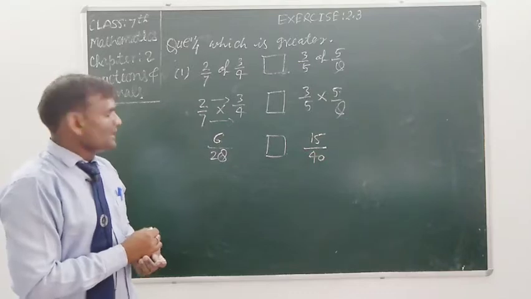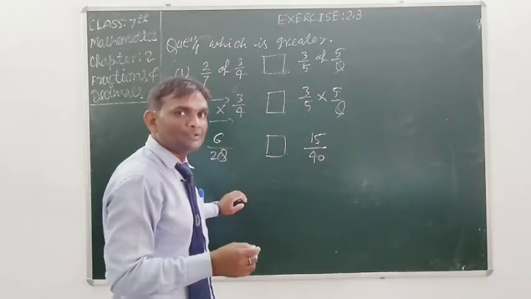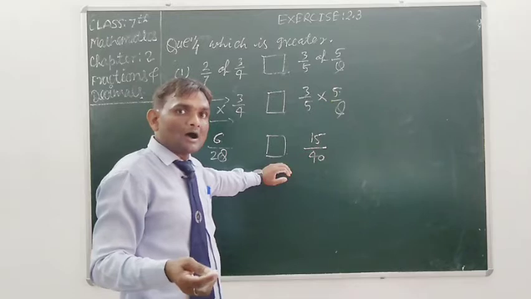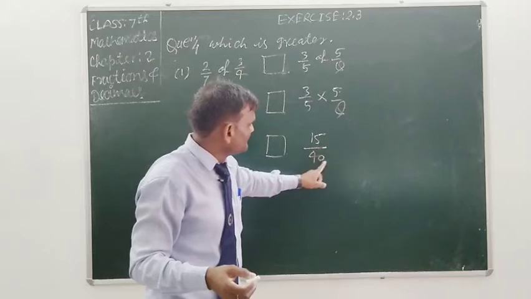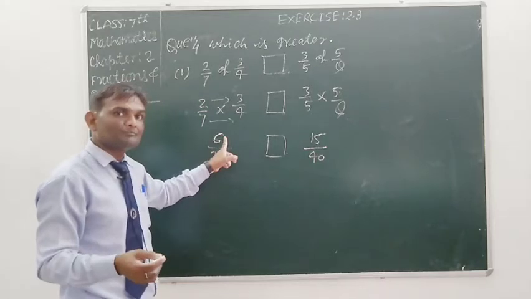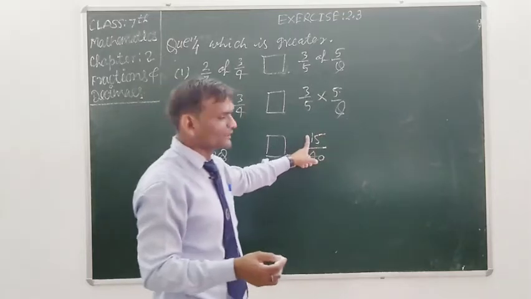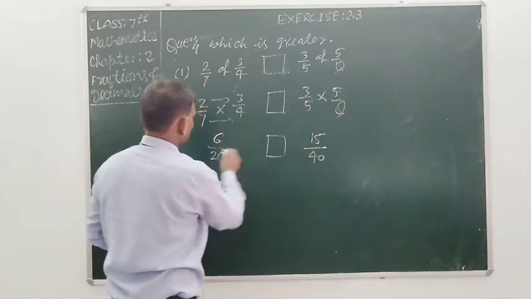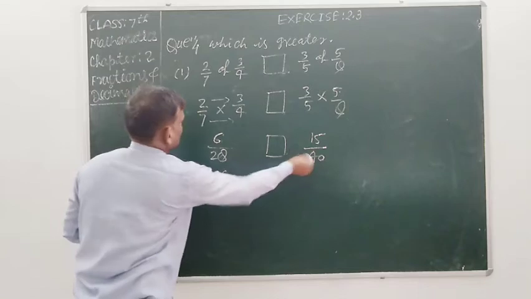Now student, if two fractions are given and you need to find which is greater and which is smaller, firstly we make the same denominator, or you can say that we multiply the denominator of the second fraction with the numerator of the first fraction, and the denominator of the first fraction with the numerator of the second fraction, and then we compare. So student, 40 into 6 we get